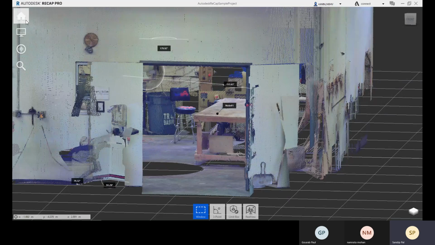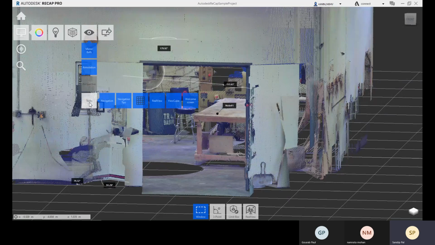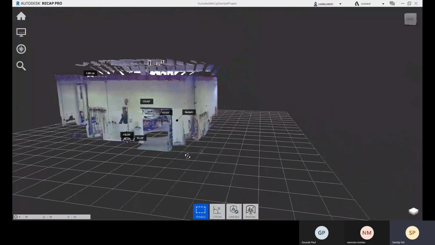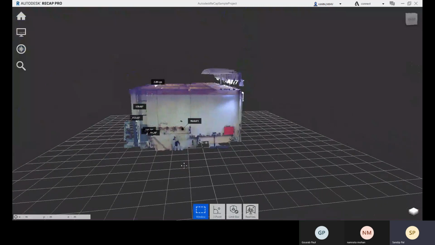Okay, so this way you can search and find it quickly. And here let me see about the tools. So all the tools are there. You might get one feedback option there, if you are using the latest version of Recap. It totally depends upon the version you are using right now. Okay, and now let me show you about the origin point, so based on that origin it will be placed.